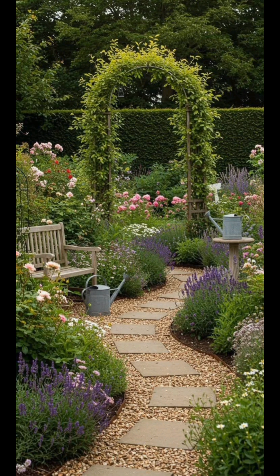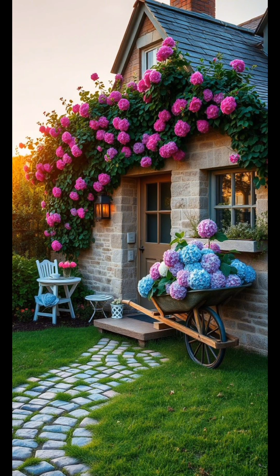By incorporating a mix of colors and textures, your vegetable garden